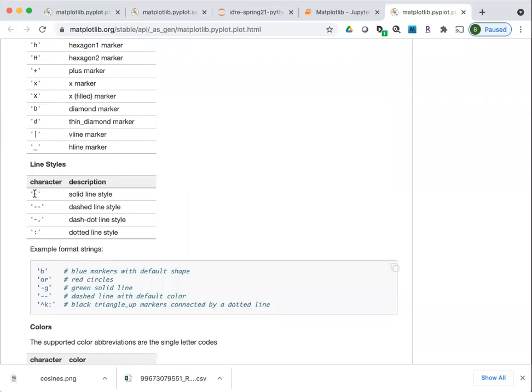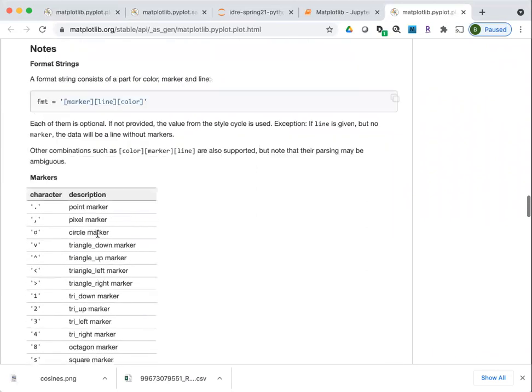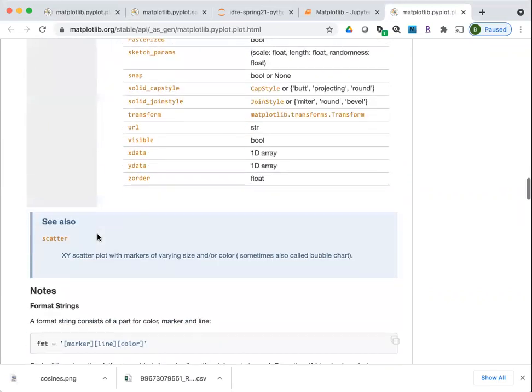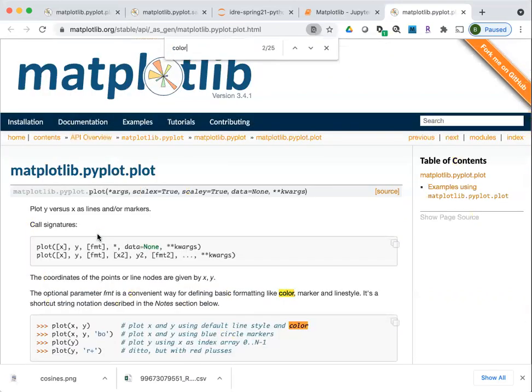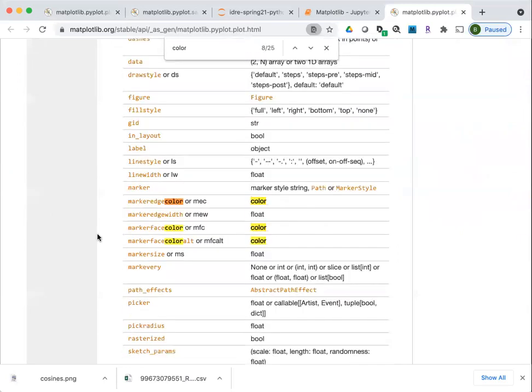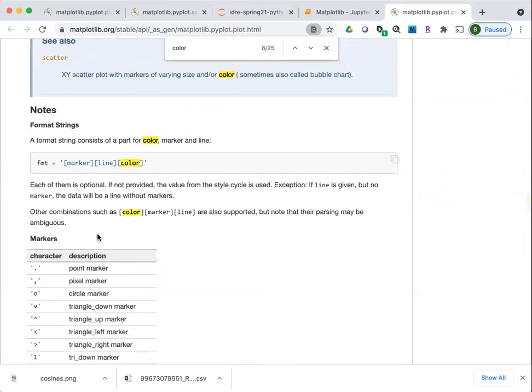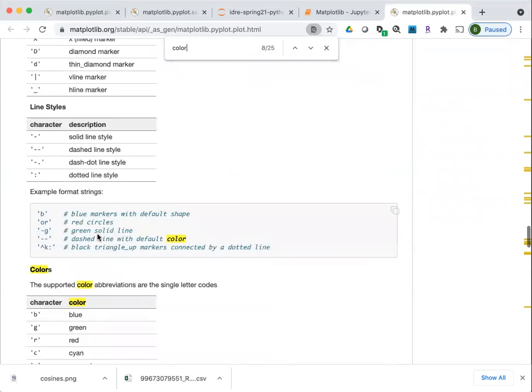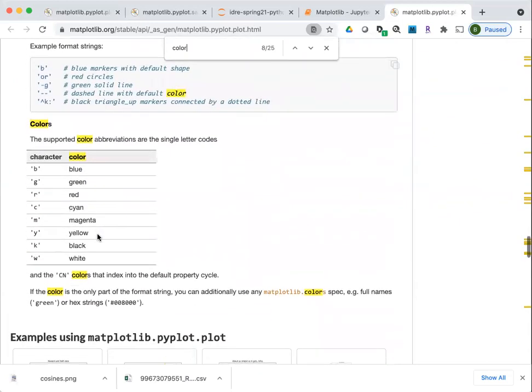So you can have a solid line or a dotted line. And then let's see, where are the colors? Oh, here they are.